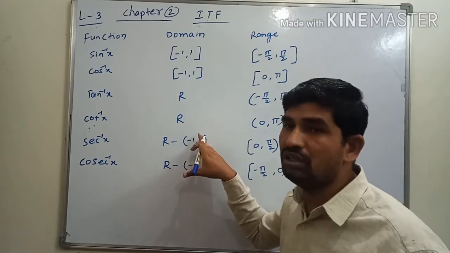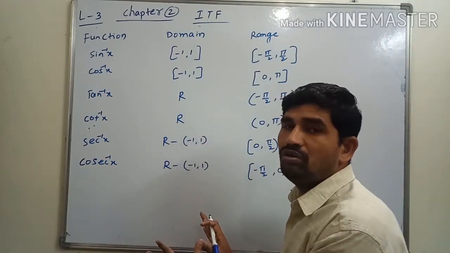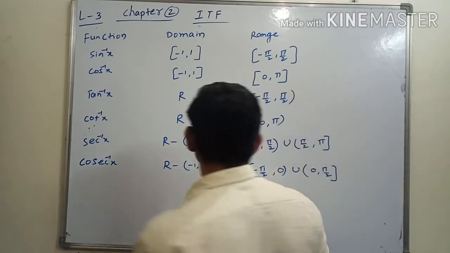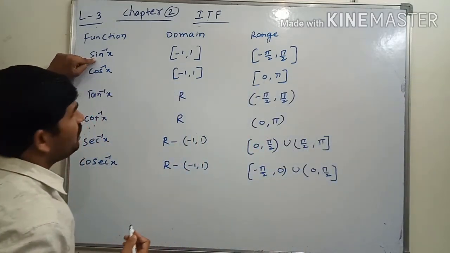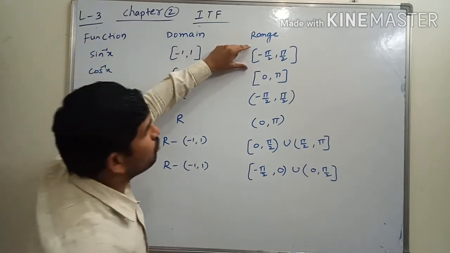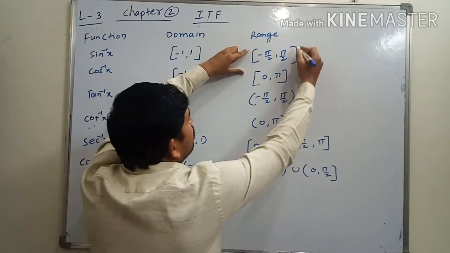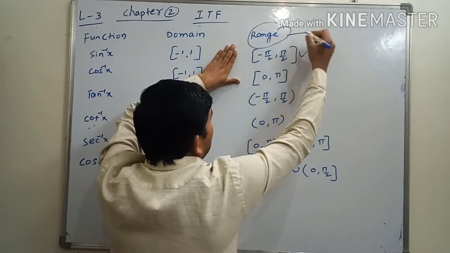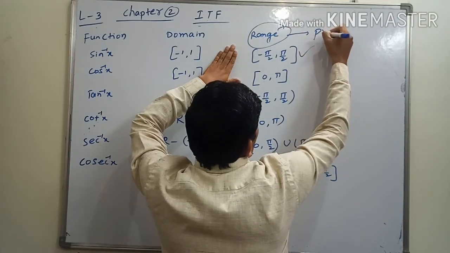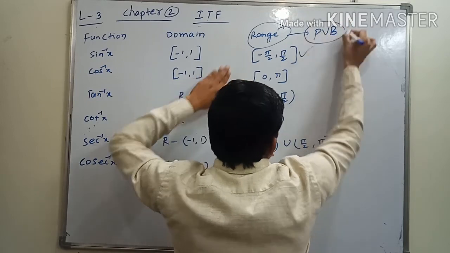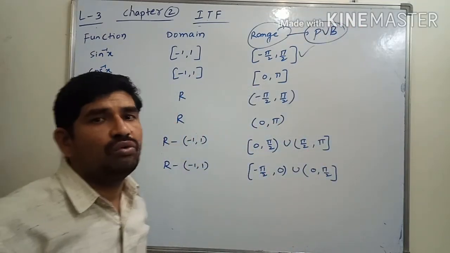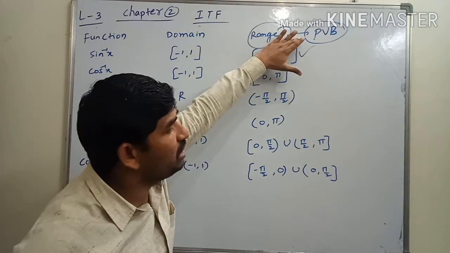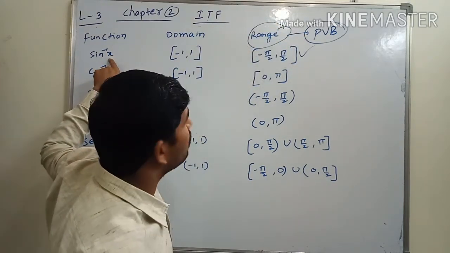This is very important, so depending upon this only we can continue the questions. See, what is the range of sine inverse function? It is the closed interval minus π/2 to π/2. The range is very important. Also we can say this is the principal value branch, PVB. Remember that the principal value branch is nothing but the range of the sine inverse function.